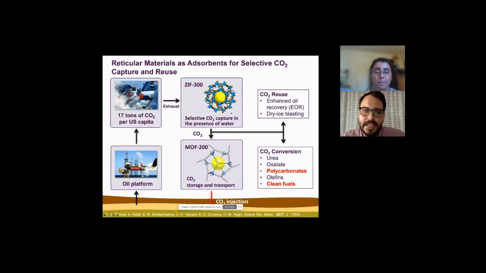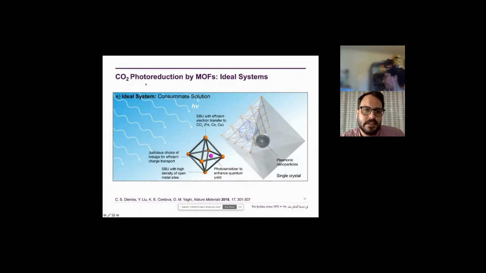MOFs, metal organic frameworks, reticular nanomaterials, are applied to each step: capture, storage and transport, and then conversion. MOFs are also catalysts for this process. And so one of the exciting new avenues of research for CO2 conversion by MOFs is photocatalysis. So in this case, because in MOFs all of the different molecular building units can be functionalized and changed and tailored almost at will, we can really design the ultimate catalyst to use sunlight as a source of energy,